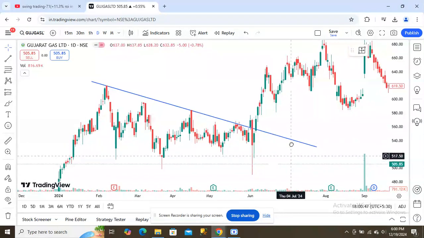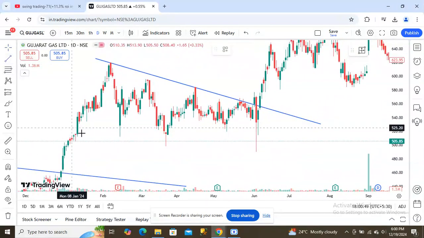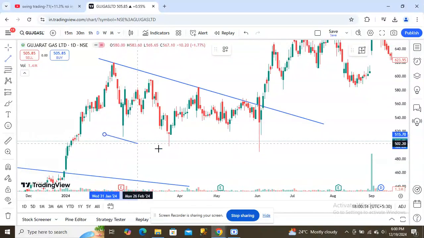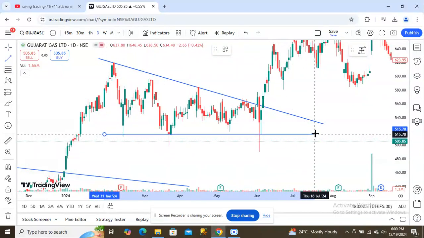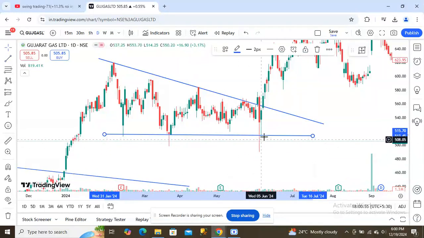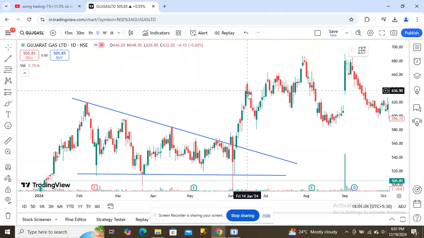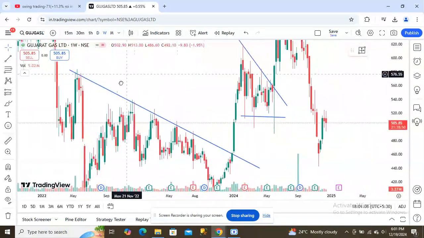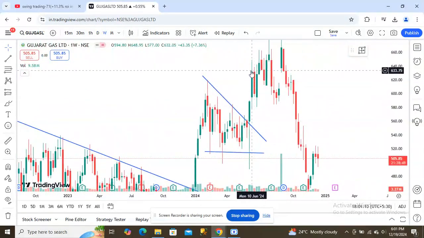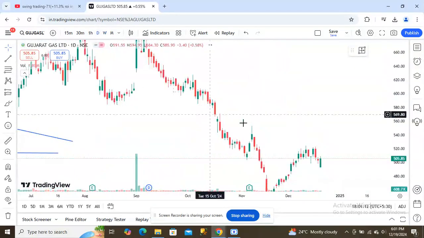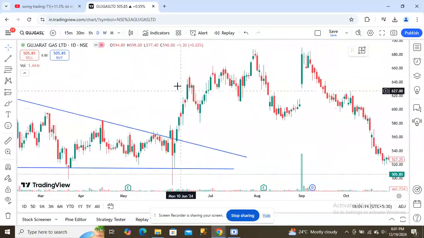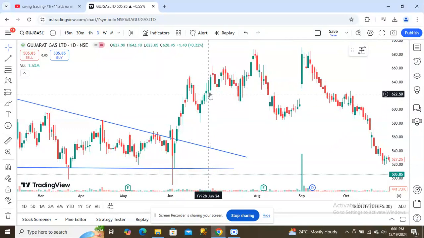And this day is the election day. The good thing I did is I put my stop loss below the pattern. So this day, I waited for the end of the day. It doesn't hit, goes on above, and again falls. Observe this in the weekly time frame. In the weekly time frame, the candles are strong, so there is no reason to exit by observing this candle because